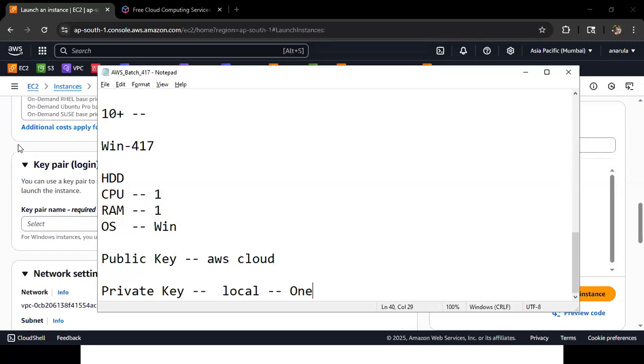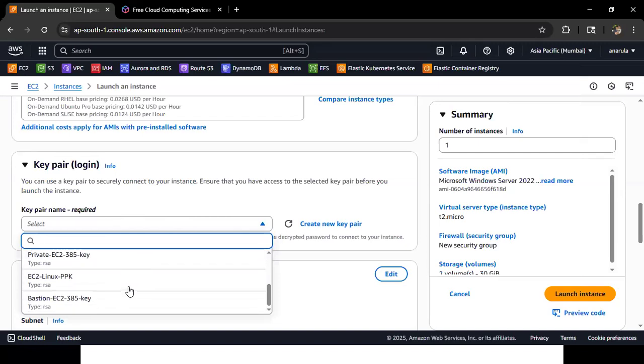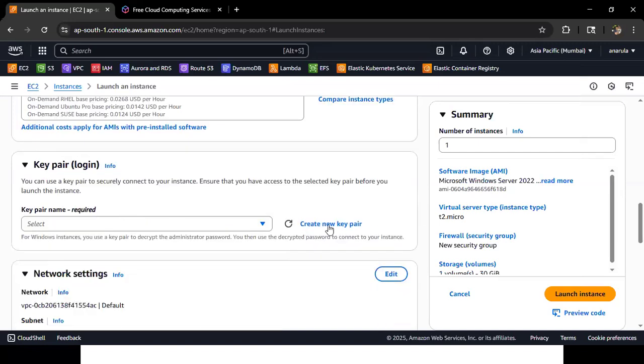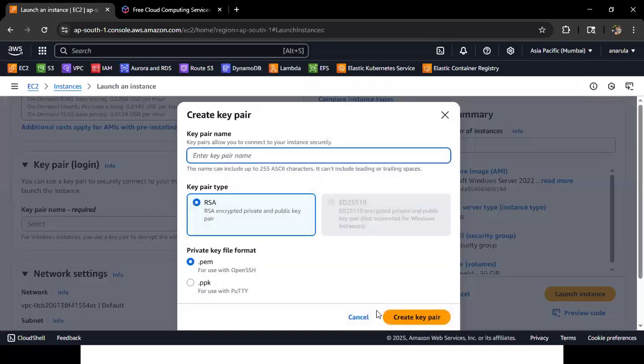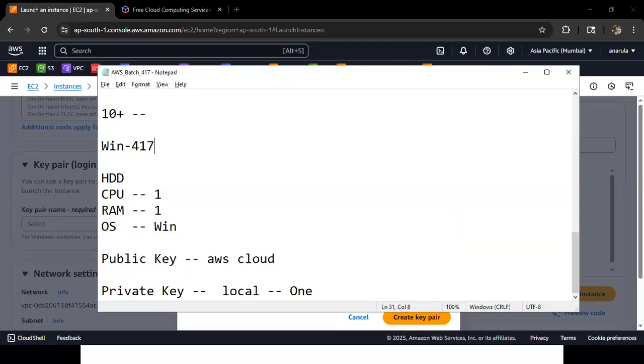So we have to create a new key. I already have some existing keys, if you see here, but I'm not going to use them. So we have to click on create new key. Then you have to give the name. Name can be any name. I'm giving the name as Win